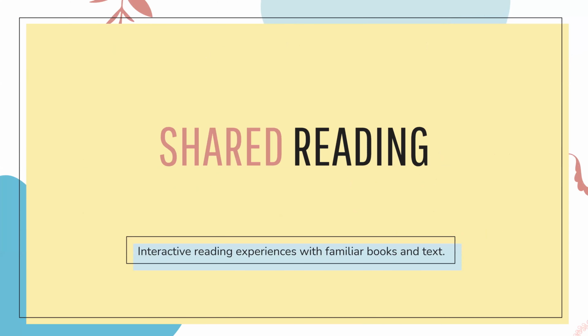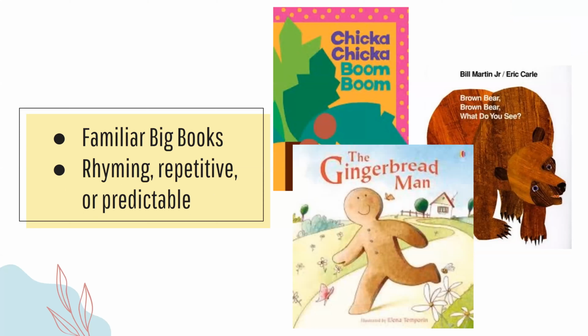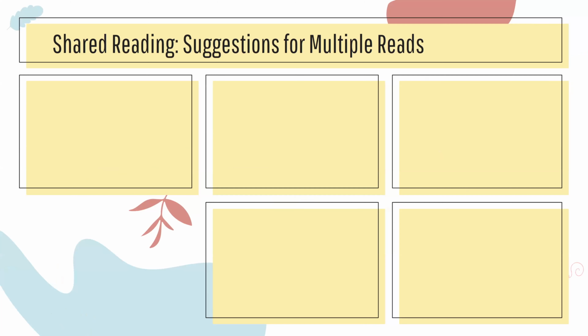One activity you can choose to do during large group literacy is shared reading. Shared reading is an interactive reading experience with familiar books and texts. So when you do shared reading, you want to generally stick to familiar big books, especially books that are rhyming, repetitive, or predictable, because this will allow children to participate in the story with you by choral reading or call and response reading. So here's one way that you could do a shared reading over the course of 5 days